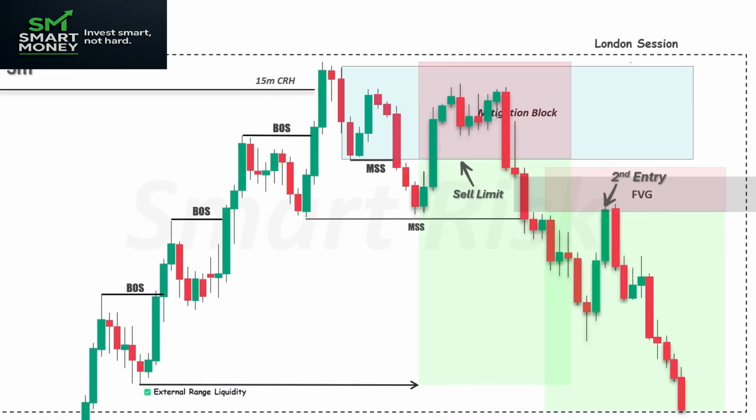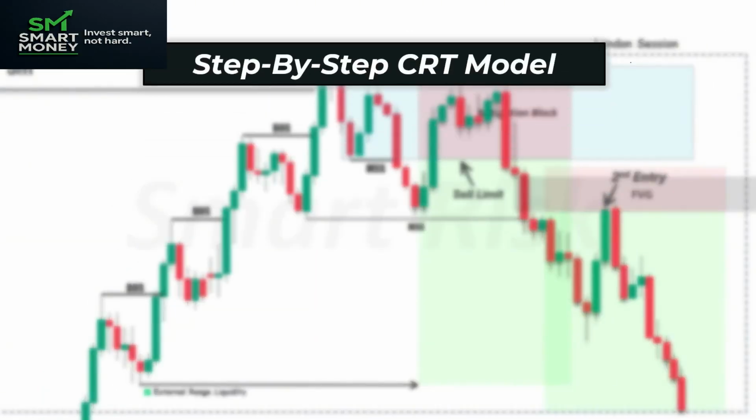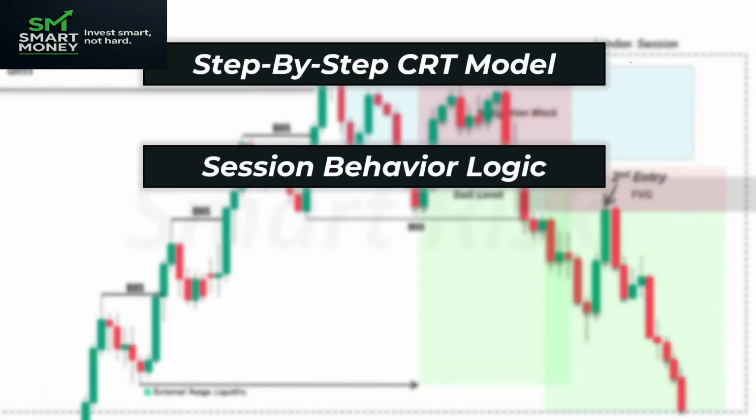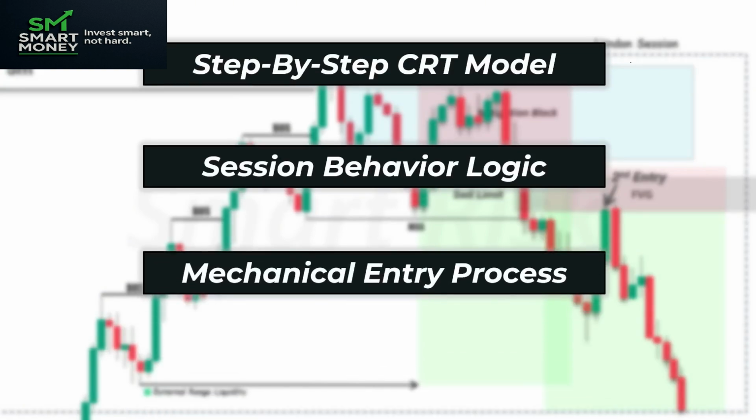I'll break down my personal CRT model step by step, combining it with session behavior and manipulation logic to give you a clear, mechanical way to find